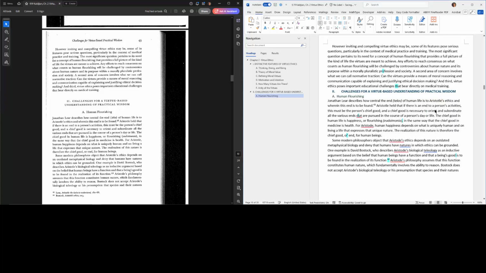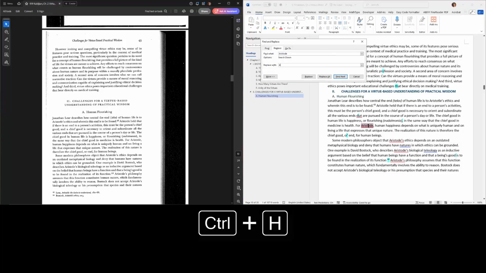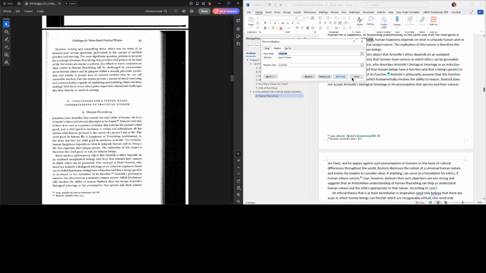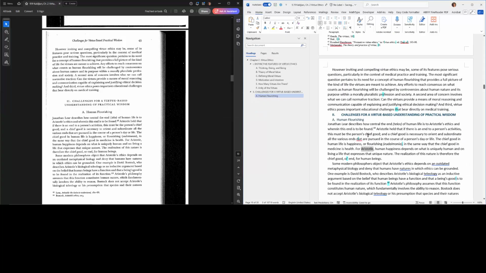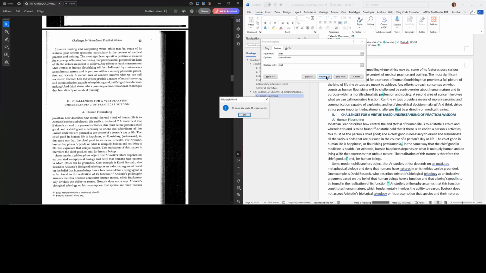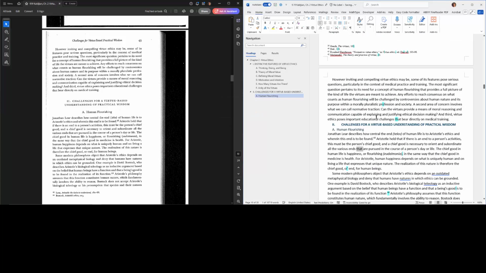And Aristotle. There are a lot of Aristotles. I'm just going to do a Control H and spell it correctly. Aristotle. And then Replace All. Okay, so 5 instances that I just saved myself from. Here is another spelling that I've had to fix a few times, so I'm going to change DIAT to THAT. Replace All. Alright, 10 more that I didn't have to do manually.